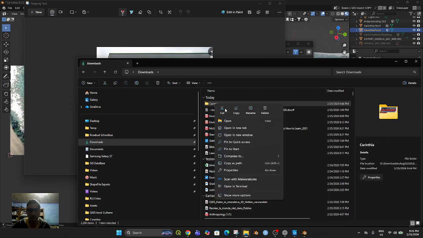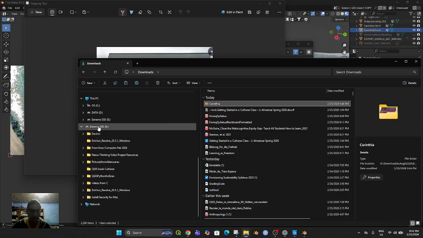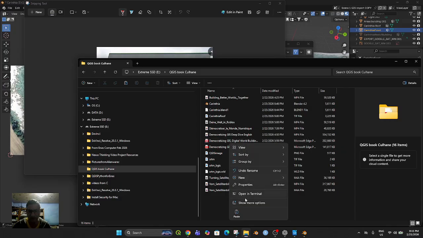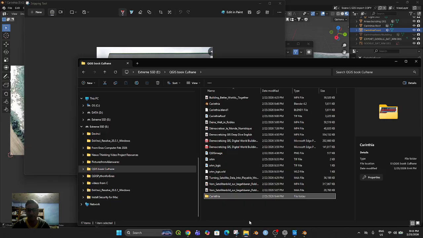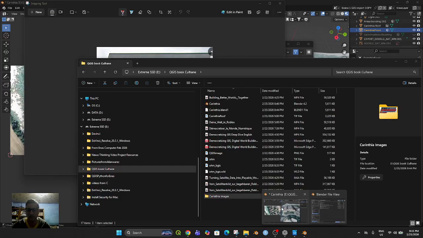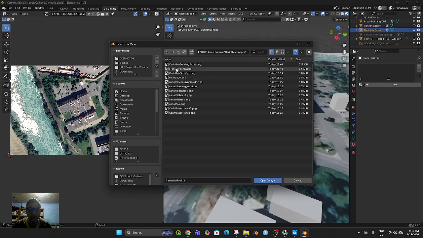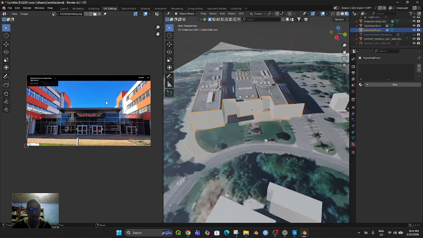And let's cut this, and let's bring it into our E drive and paste it there. Alright, I'm actually going to call it Carinthia images. So now I should be able to get Carinthia images, and we do front Carinthia, and let's open that image there. And so when we unwrap this, we're going to come into edit mode